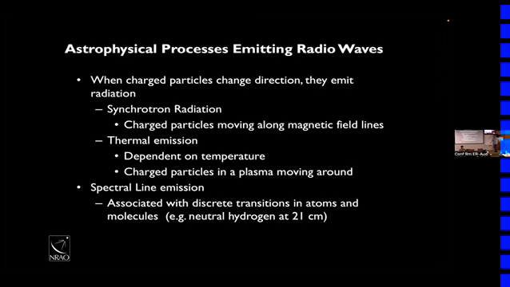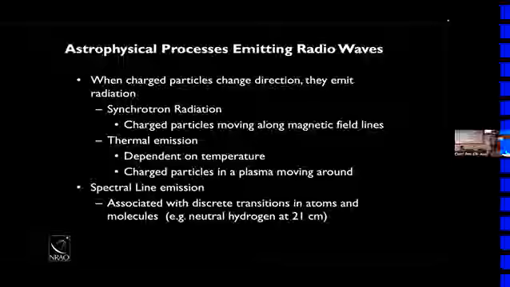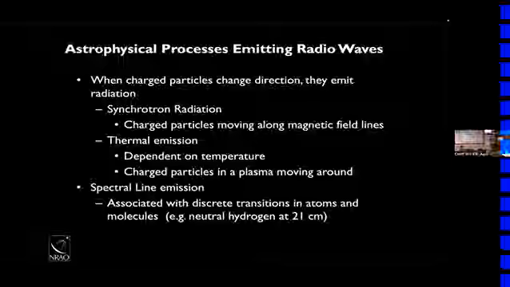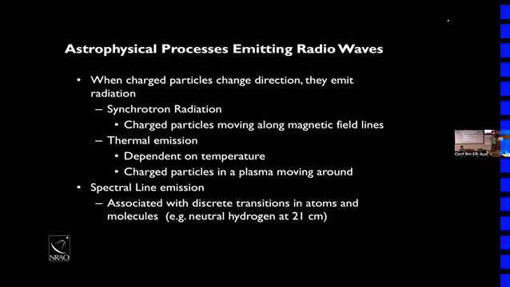Okay, so the H1 line arises when you have a proton and an electron. And particles have a characteristic called spin, and the spins can either be aligned or anti-aligned. When the spins are aligned, the hydrogen atom, because a proton and electron is just a hydrogen atom, is in a slightly higher energy state than when they're anti-aligned. And at some known rate, if you have the spins aligned, they will eventually spontaneously anti-align. And when that happens, you give off a 1420 megahertz photon that comes off of that hydrogen atom.